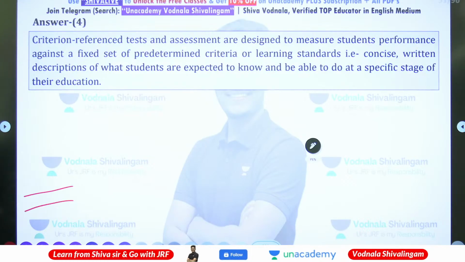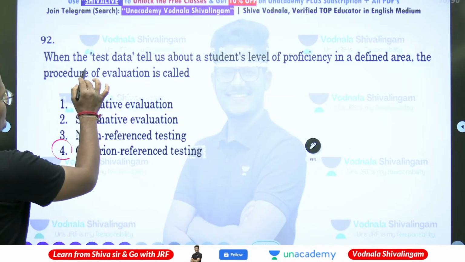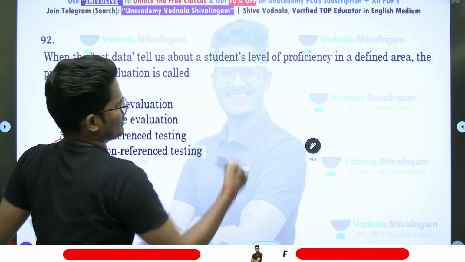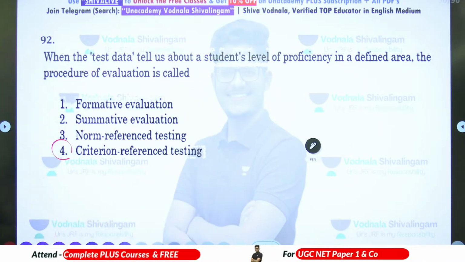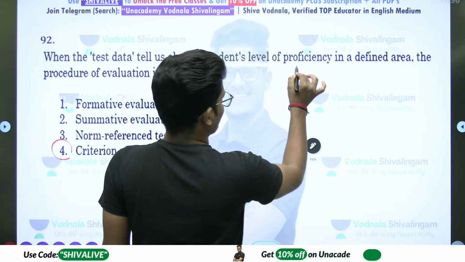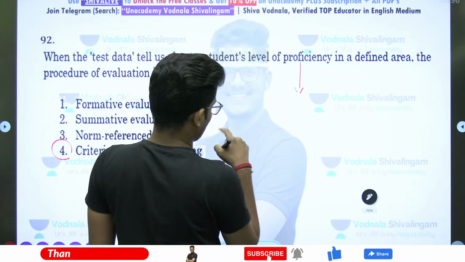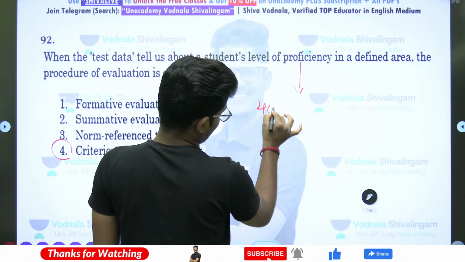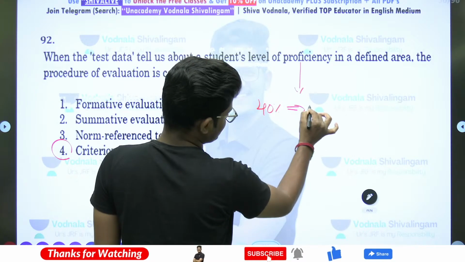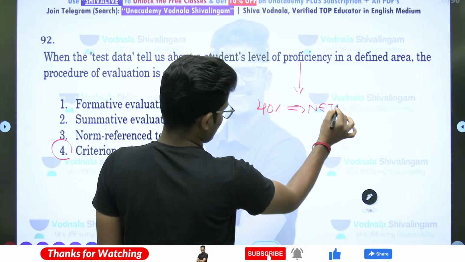So the answer is option number 4, because when the test data tells about the student level of proficiency in a defined area, procedure evaluation is called criteria reference. Proficiency is nothing but, now you got 40% in the UGC NET exam, both papers put together. Means